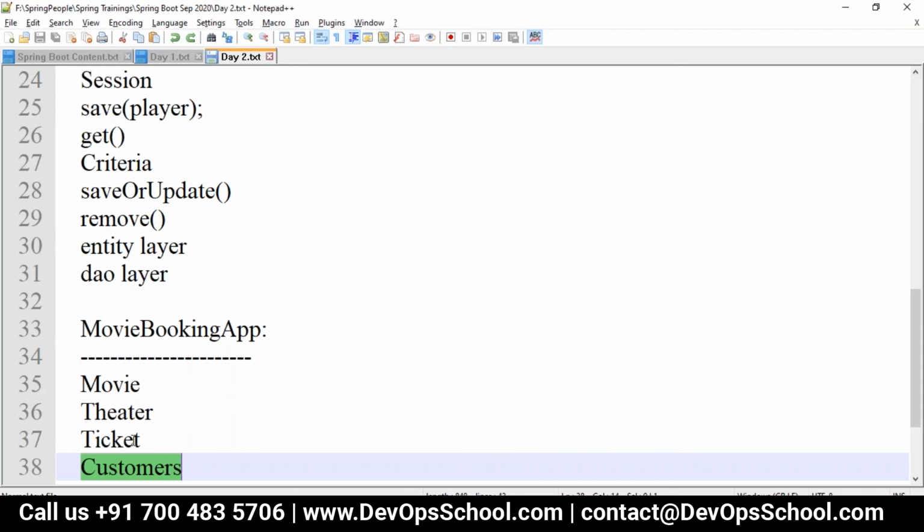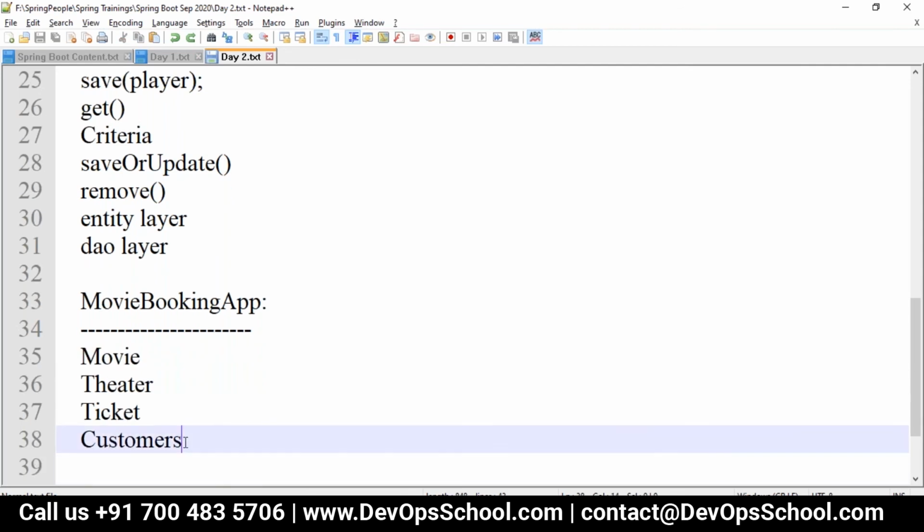These relationships you can't map on the Java side if you go with Spring JDBC, because they will be your own Java objects. You will create a movie, and in the table you have to represent it, like movie ID will be present in the customer table as a foreign key.